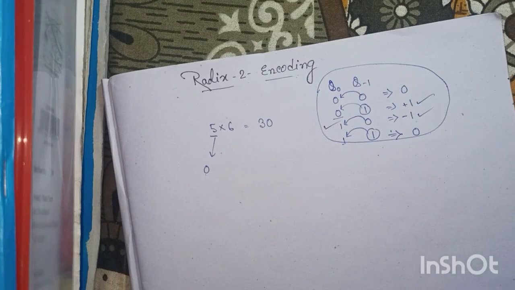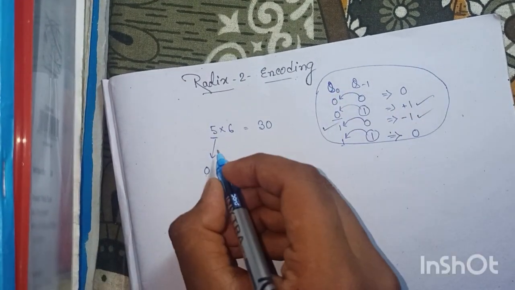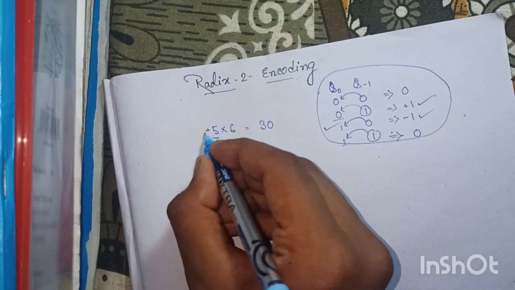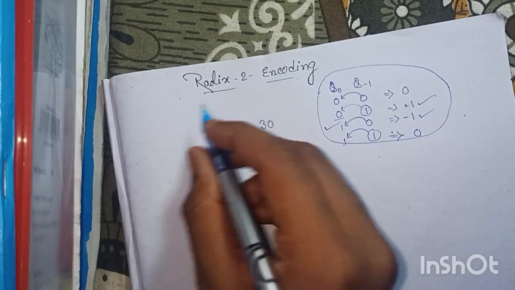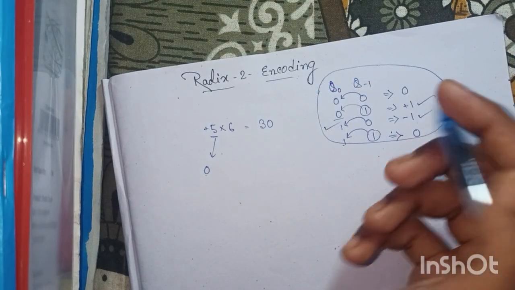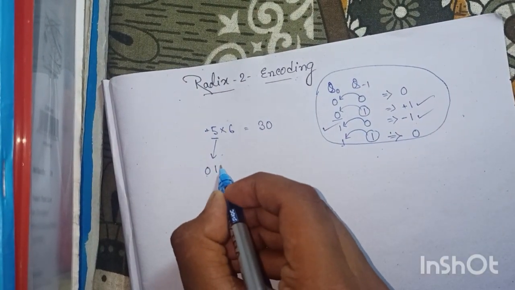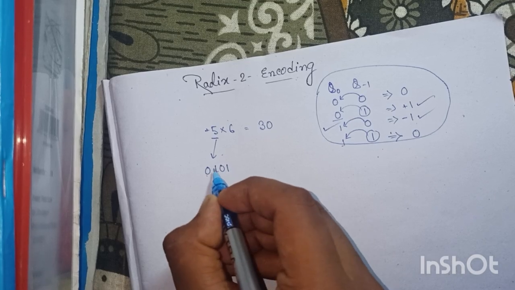Okay, so don't need to bother about it. Just this is the simple form, this is the formula. Whenever we use plus, that should be represented with 0, and whenever we write minus, this should be represented with 1. This is a sign expansion. Okay, and for this 5 we just need to write 1 0 1 0 1,